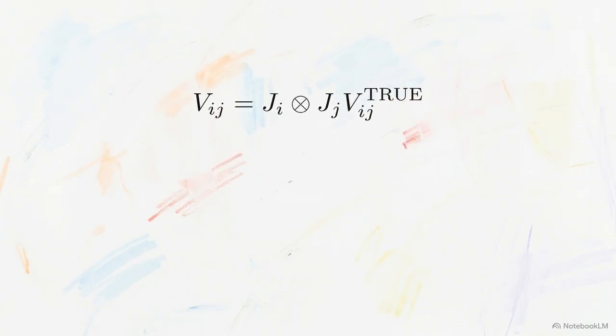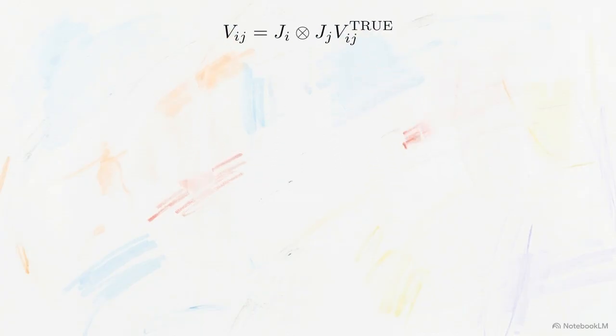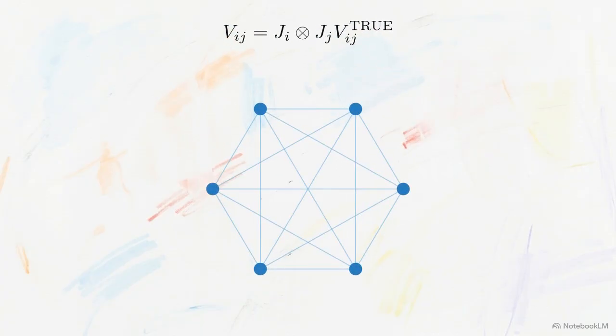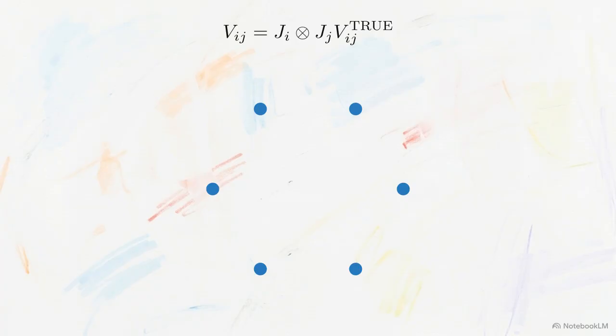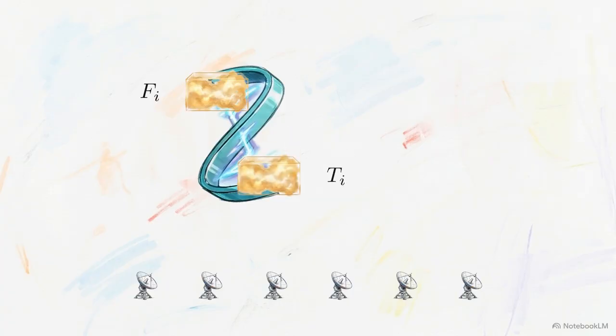This factorization changes the mathematical scale of the problem. It reduces the number of unknowns from the square of the antennas, the baselines, to just the number of antennas themselves. The Jones matrix represents a physical sequence. The F matrix models the ionospheric effects encountered first, such as Faraday rotation and dispersive delay. Below that, the T matrix accounts for tropospheric path length variations and opacity, often resolved using data from water vapor